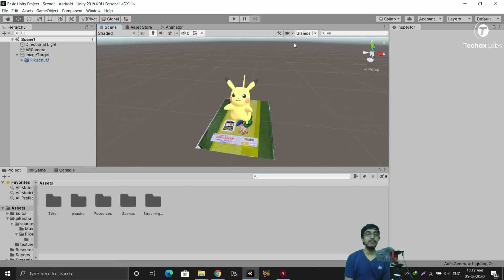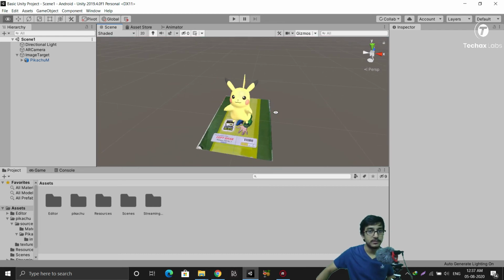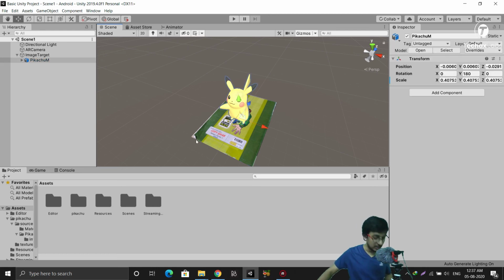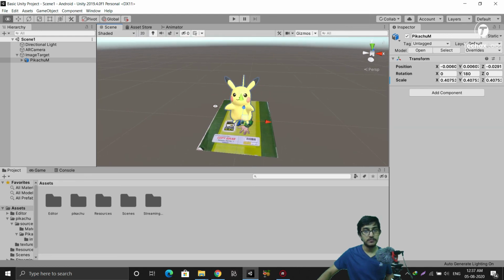So here I will stop this recording, and then I will post a small video of 10 seconds to show you that this was actually working, and we created an AR app from our own models. If you have created your own model, use it, and I have not created any model, so I just used a model which is downloaded from a site.